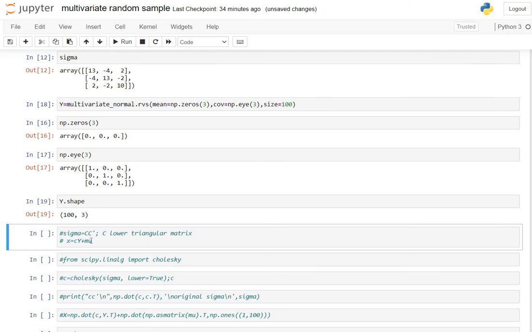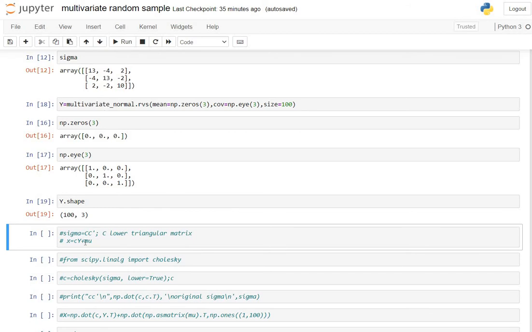For that, we know that since sigma is positive definite, there exists a matrix C such that C C transpose is sigma. And such a matrix can be obtained using Cholesky factorization, where C is a lower triangular matrix. Then a random sample with specified mu and sigma can be obtained by the transformation C y plus mu, where C is the matrix such that C C transpose is sigma, and y is the random sample.